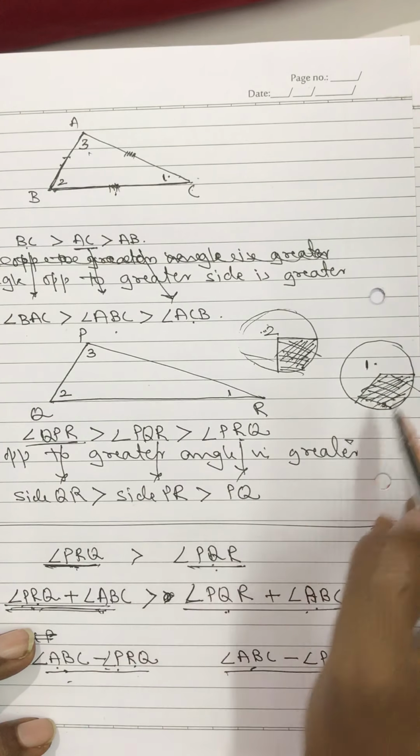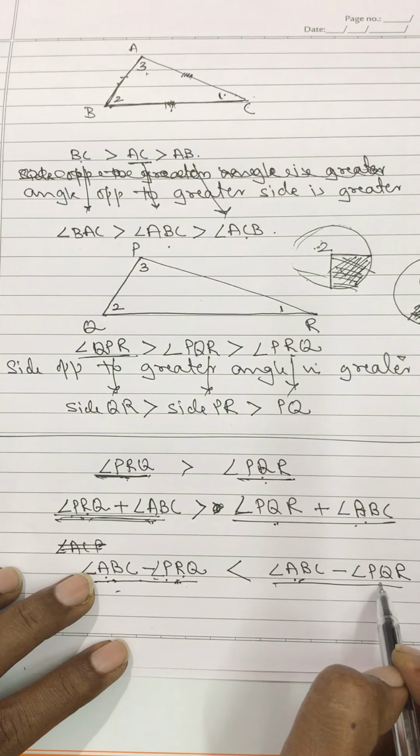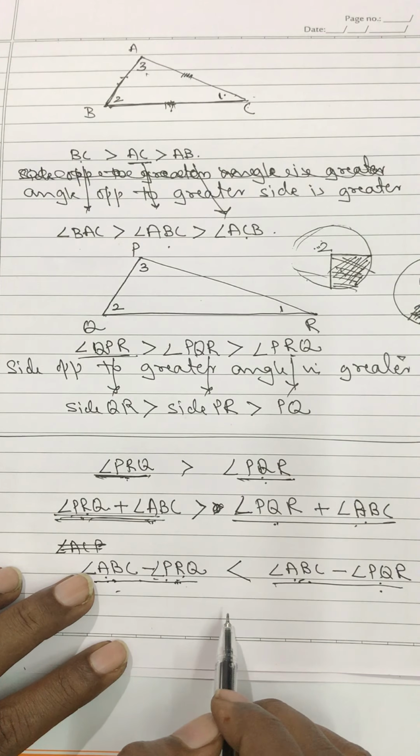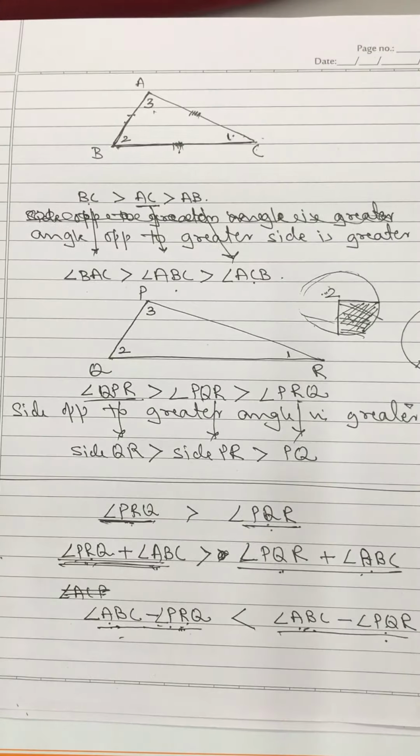Right? Because this is something extra that you have taken out from here. See, when from an equal amount you take out a bigger amount, what remains will be smaller. So from ABC you have taken out a bigger amount, so this will be smaller, and from here you have taken a smaller amount, so this will be bigger. These are some common logics and common senses that you have to apply, my dear students. Okay, so now as we go forward,